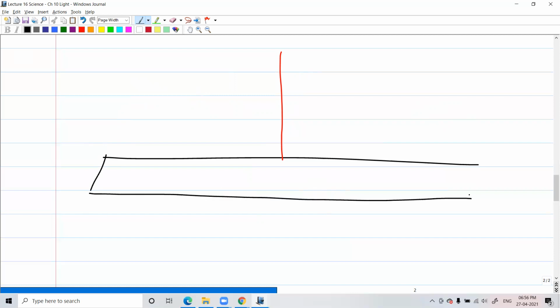So let me try to simulate 3D a little bit with my drawing skills. Let's say the light is coming at this point over here. Okay, so this is your normal. I'm saying that the light is coming in this plane, and let's say this angle is 30 degrees. Now I want you all to imagine in how many ways the same 30 degrees can be drawn on the opposite side. How many ways?